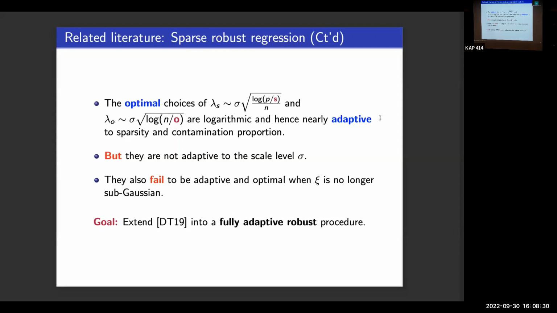So what we came up with is actually very simple. As a statistician, you know that we have three issues. The first one was we want to be adaptive to sigma, we want to be adaptive to the two other parameters S and O, and then we want to be robust. So three things, and all these three things have been looked at in the literature but separately.